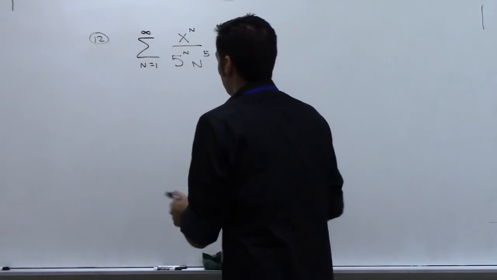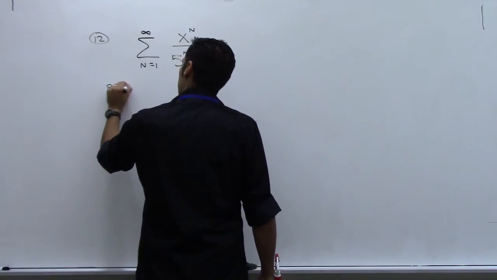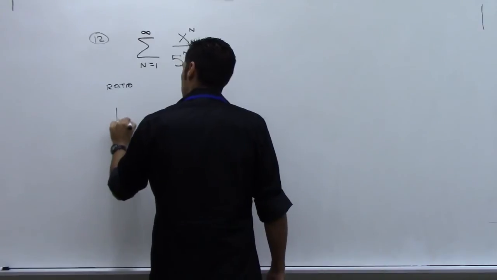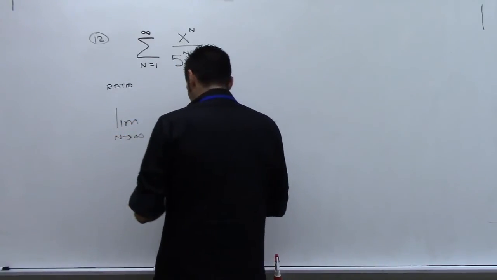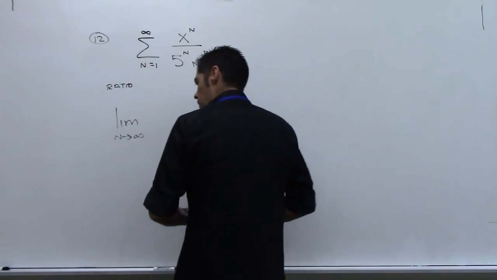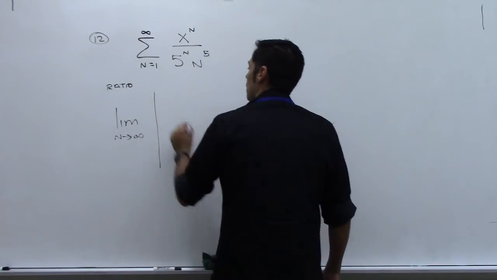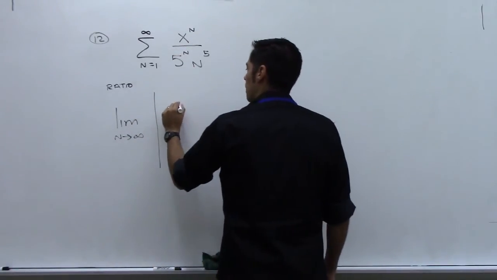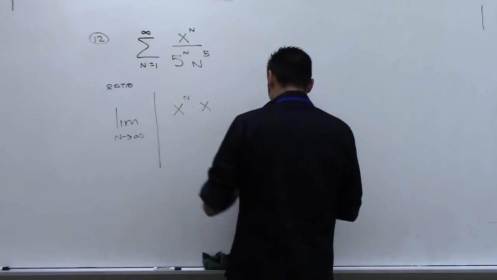All right, so ratio test. I'm going to do my ratio test here. Take my limit as n goes to infinity of, let's see, plug n plus 1 in here. x to the n times x